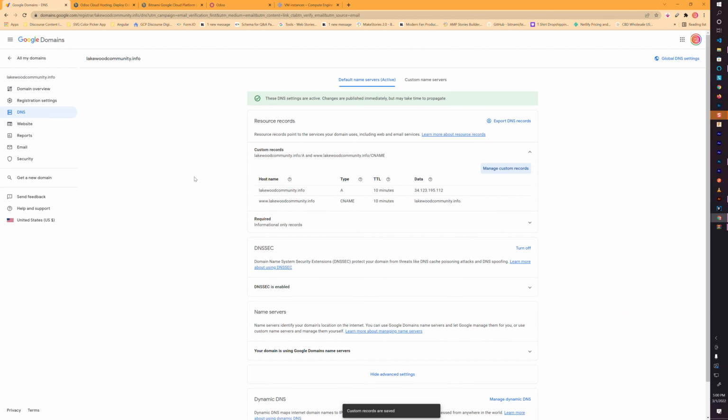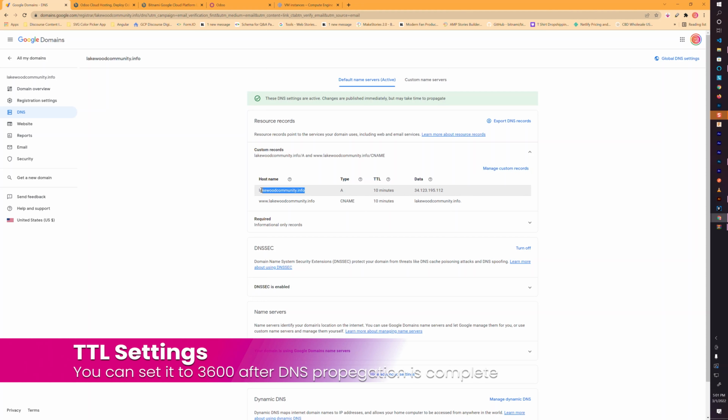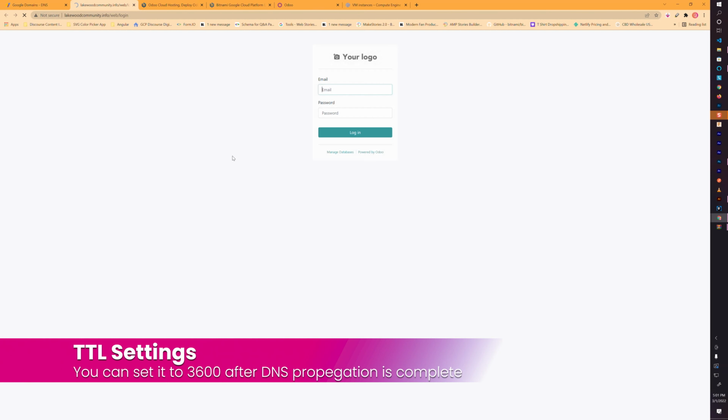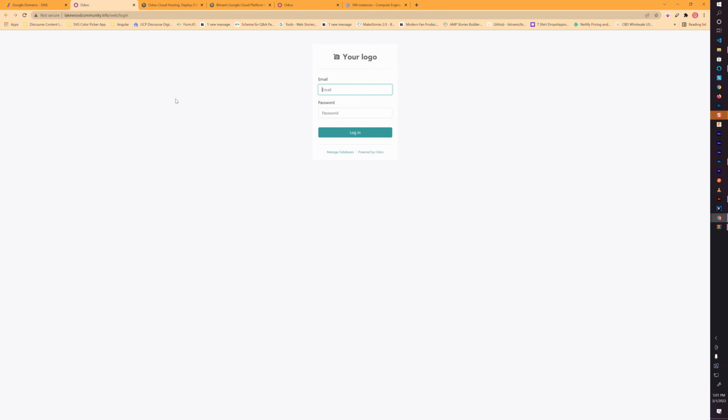So great. Now in most situations you might have to wait for it to propagate. The time to live is basically the refresh rate of the DNS that we can expect. 10 minutes is kind of the norm now. I wouldn't really need to have that set at 10 minutes for the remainder of development on this app, since I don't plan on changing these records. But once that finally does propagate, then we can head over to this domain name, and now I can access my app at